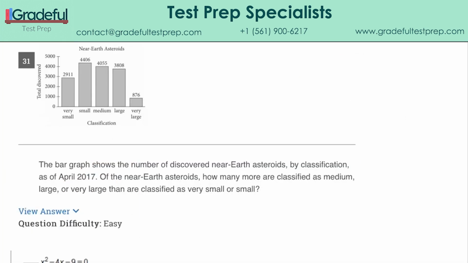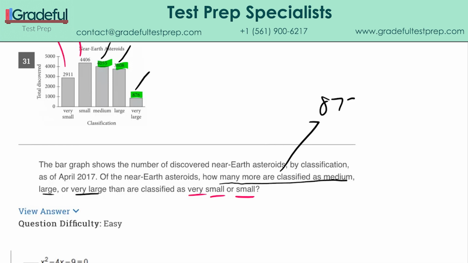Question 31 is asking us to interpret a graph. How many more are classified as medium, large, or very large? So medium, large, and very large is these 3 green numbers added up, compared to very small or small, which are these 2. So the first number is just the sum of those 3 green numbers, which comes out to 8,739. And the next value is just the 2 blue numbers added up, which is